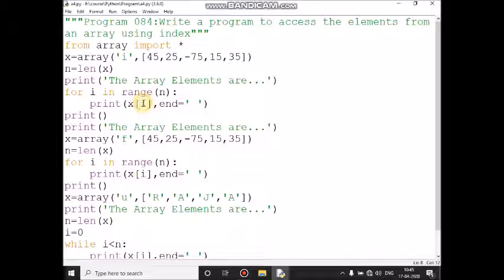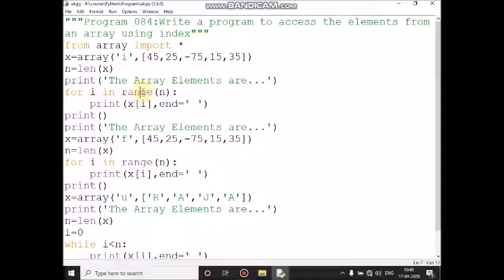Then X of third location value 15 will print. After that it gives one blank space, then 3 plus 1 is 4, X of fourth location value prints, then one blank space, and control comes here to increment the i value.